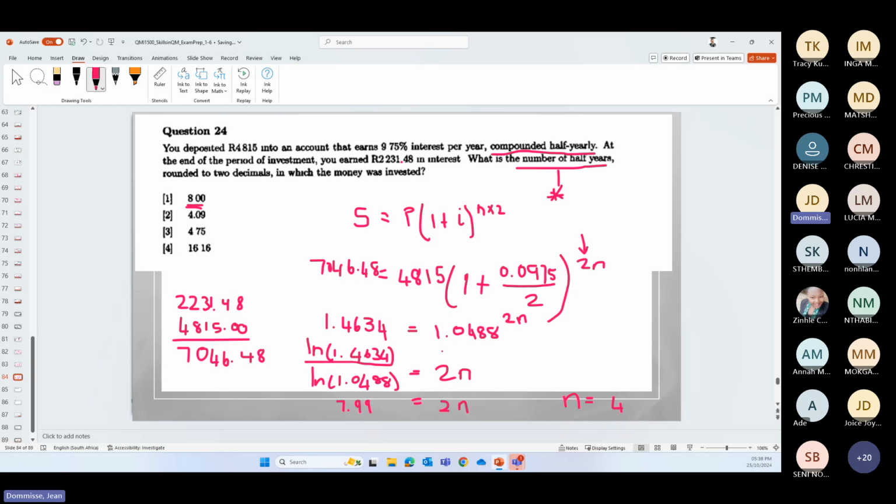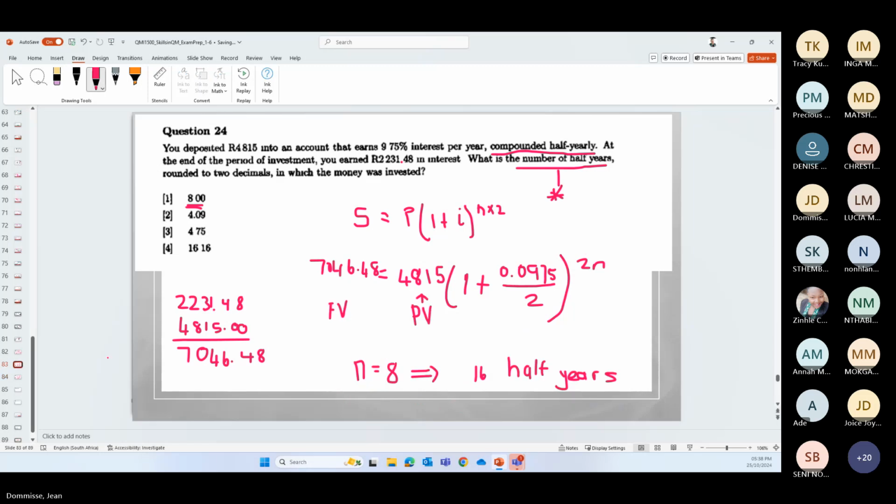So what would you have done if this was something you had to do? Would you have gotten to this answer and then said you need to divide by 2 to get 4, or would you have